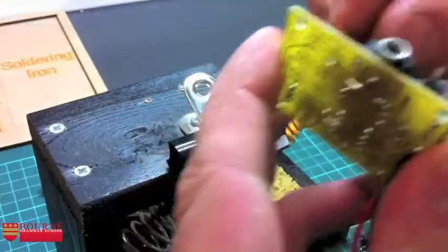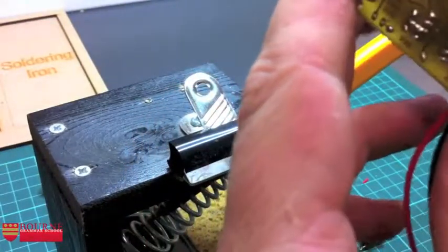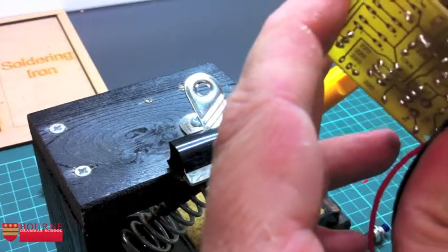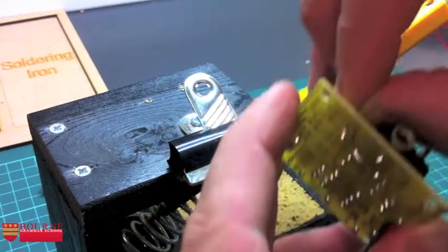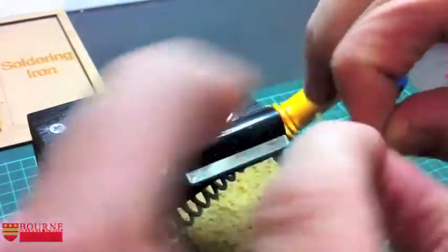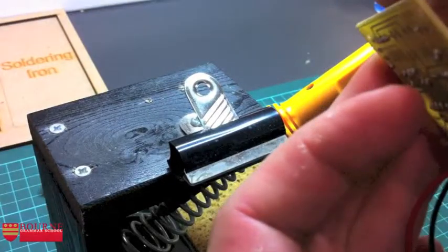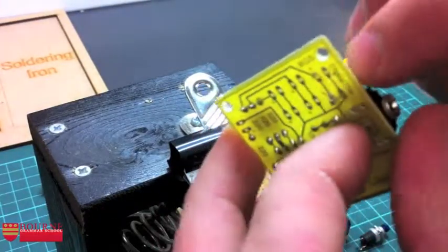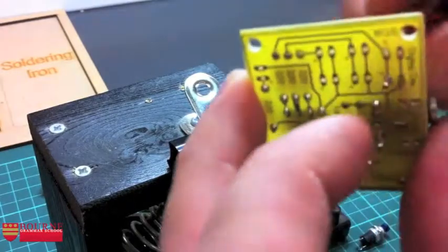You may find that you want to get hold of this with the long nose pliers or something to try and coax it in a bit. Try and make sure that all the wires in that multi-core, all the wires go through the little hole. Keep retwisting if you need to. Get it through that hole. There we go, it's going in, that's lovely. Now, before it tries to escape,